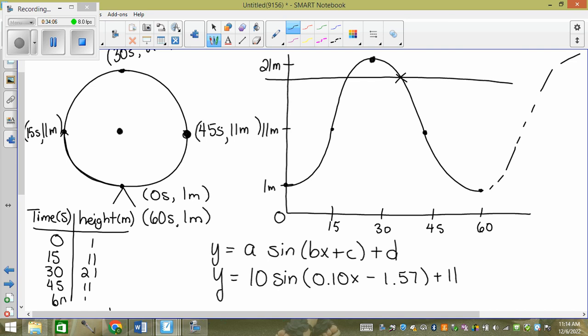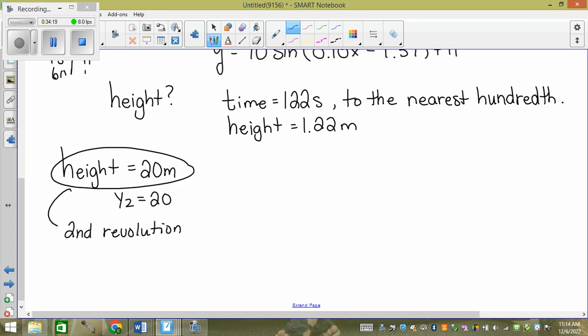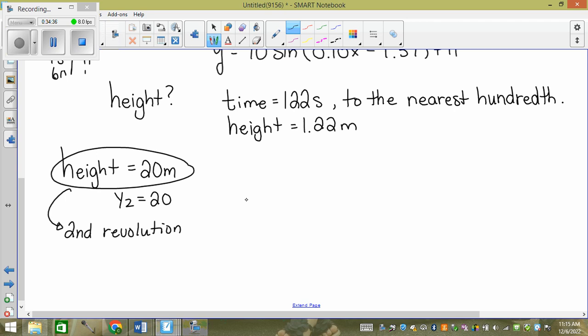I want at what times in the second revolution the rider is at a height of 20 meters. What times in the second revolution? You give me the times. So I personally made my x minimum be 60 and my x max be 120, so I could only see the second revolution. And then you can go second trace 5, enter, enter, enter, and your first time is at